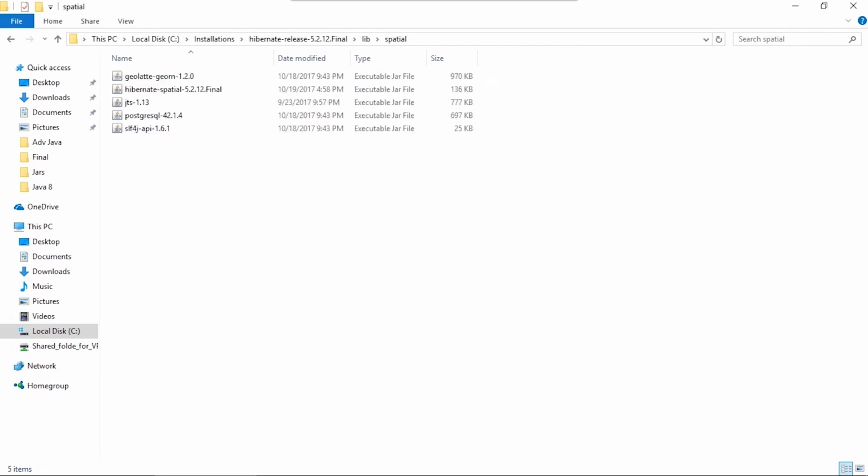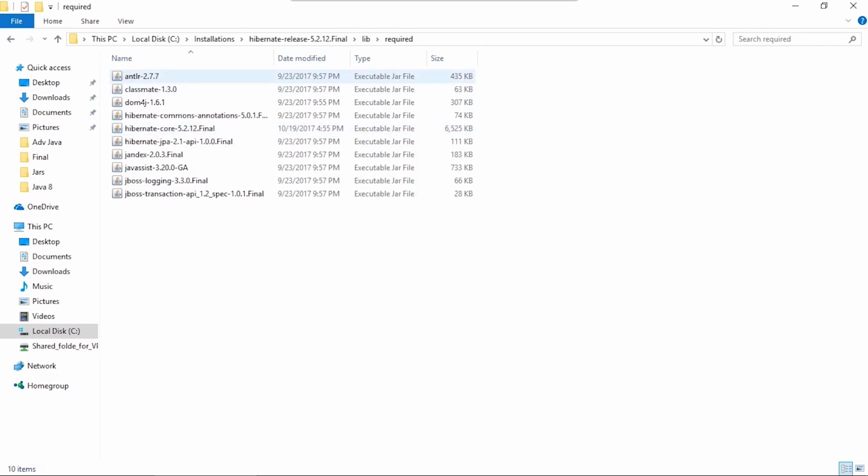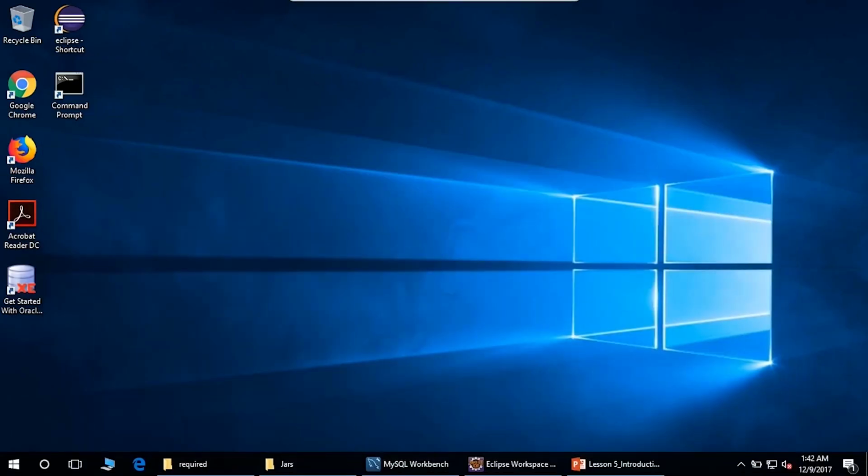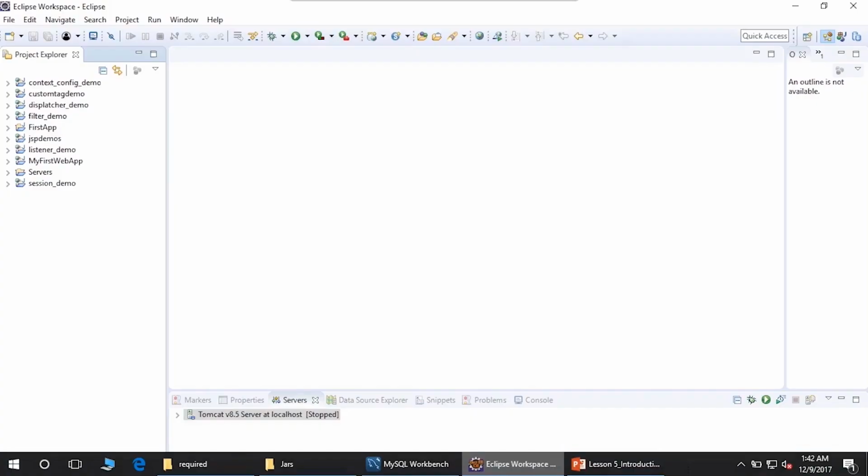So this is the file that we need, and you have a set of jars that we will actually need. So these are the set of jars that we will need to import inside our application. Once you install the Hibernate API, you then need to just go and download and install any database of your choice. In this demo, I have installed MySQL. The installation document for MySQL and Hibernate has been provided to you in the LMS, so you can access it and complete the installation of MySQL and Hibernate in case you need support on that.